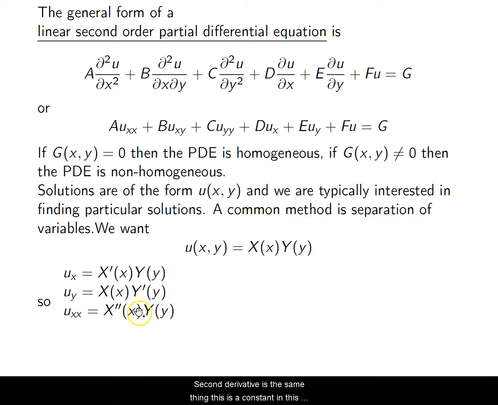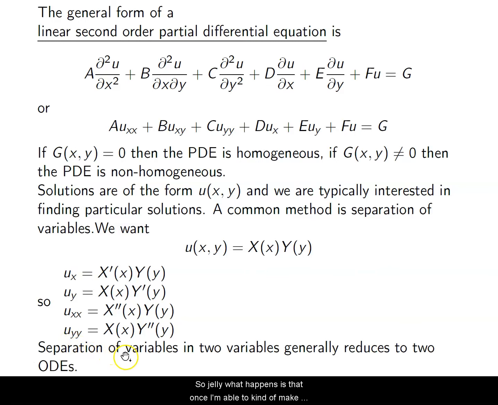Second derivative is the same thing. This is a constant and this is the derivative is taken twice. And the same thing for the second partial of y, okay? Or in the direction of y, I should say. So generally what happens is that once I'm able to kind of make these substitutions back into my equation here, I should be able to separate my problem into 2